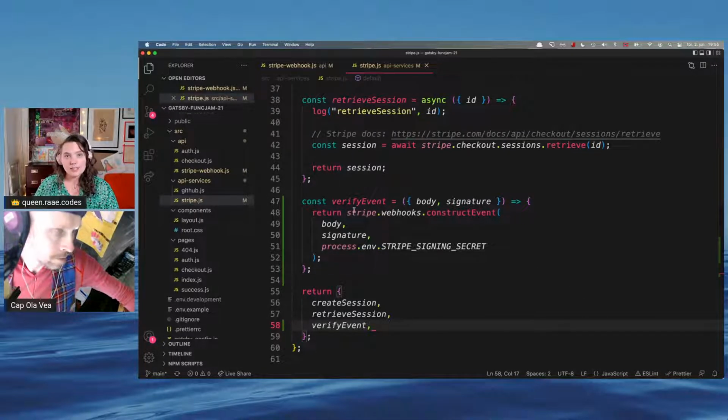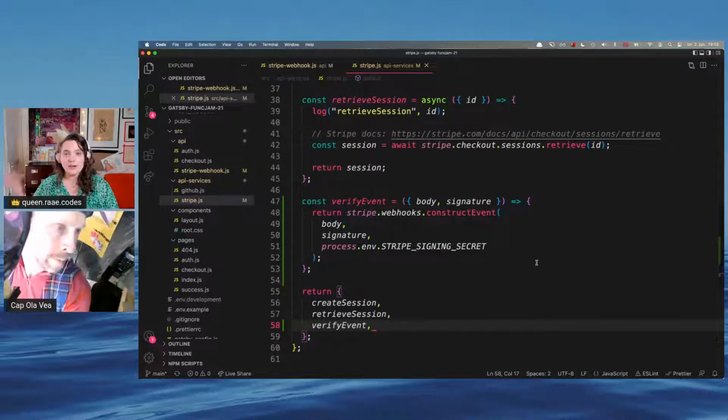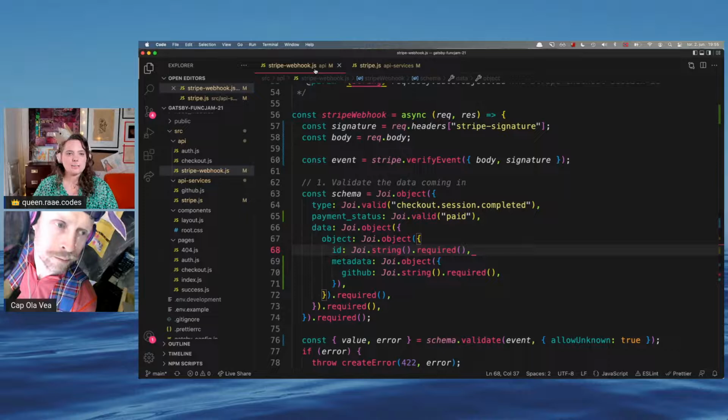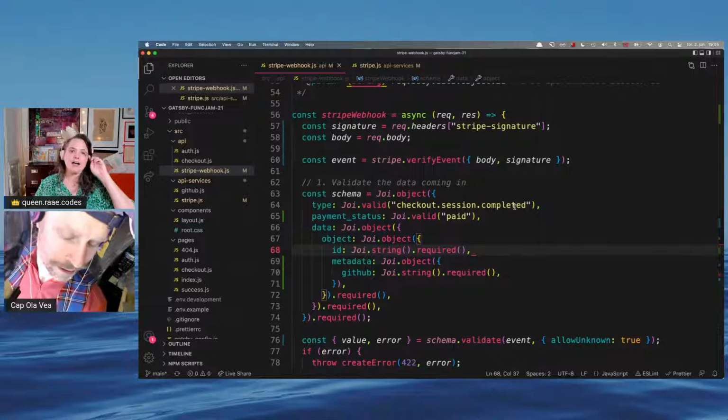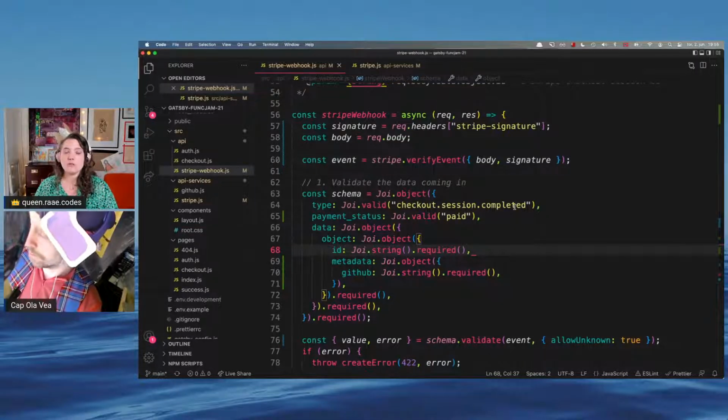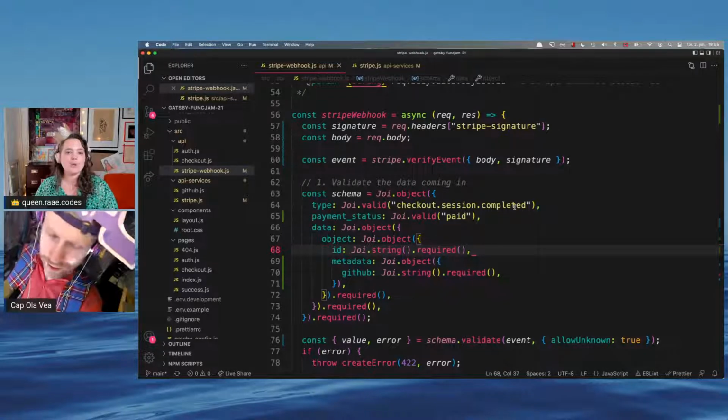But when you try to do this with the old Gatsby serverless function, this would error out because the body would not be what Stripe expected, because it would be a JSON object. What it does expect is a raw body buffer. And now with Gatsby version 4.15.2 and then also 4.16 and forward,